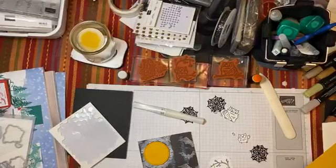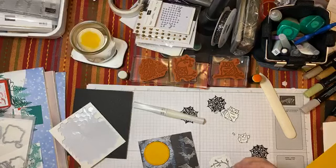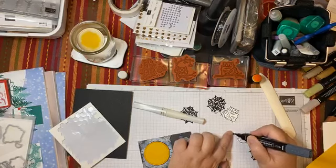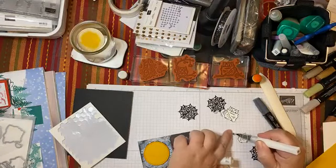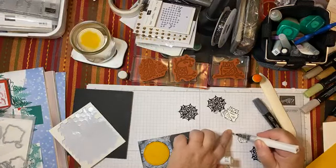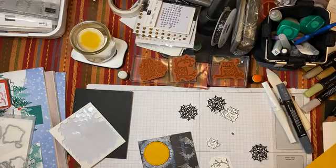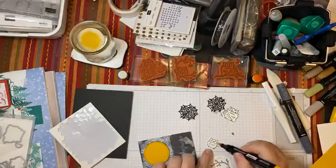So I'm gonna take, get my marker out here. One second. I'm going to take my dark basic black and color in my little spider. And I'm going to put a little Wink of Stella on him, because who doesn't want a sparkly spider? And then I'm going to color in my little guy here, my little owl. So I'm going to color his nose in the